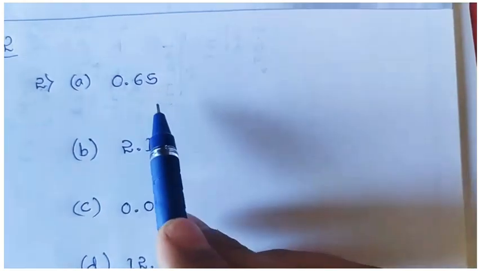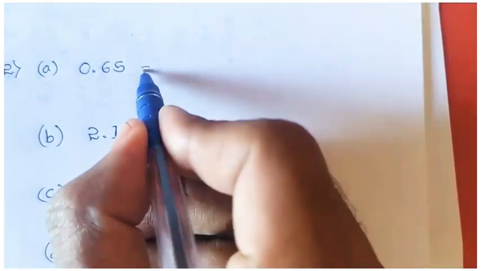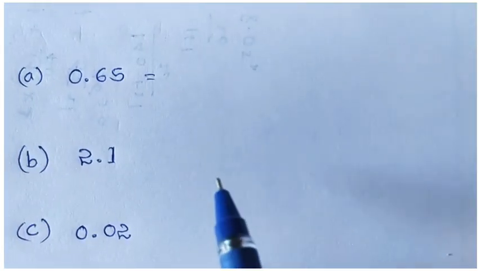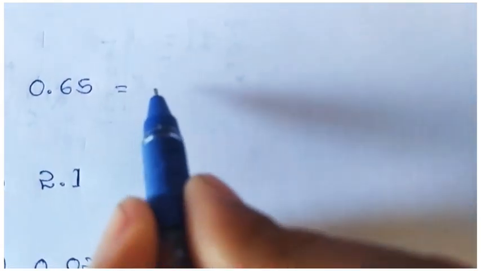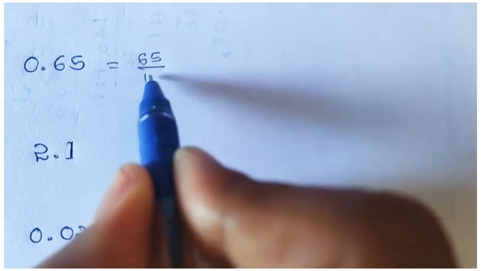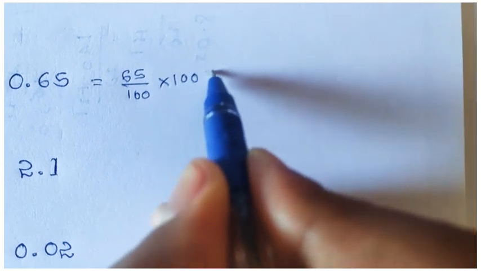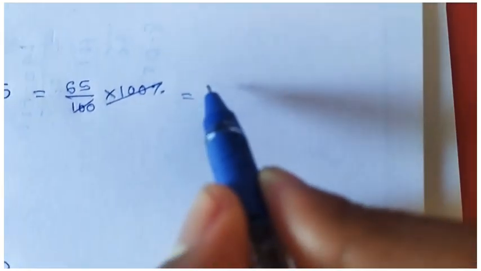In the second question, they gave the decimals, and we have to convert them into percentages. Okay, so 0.65 is there. First you convert it into a fraction. So 0.65 will be 65 divided by 100 into 100%. Okay, so 100 gets cancelled. What is left? Here we will get